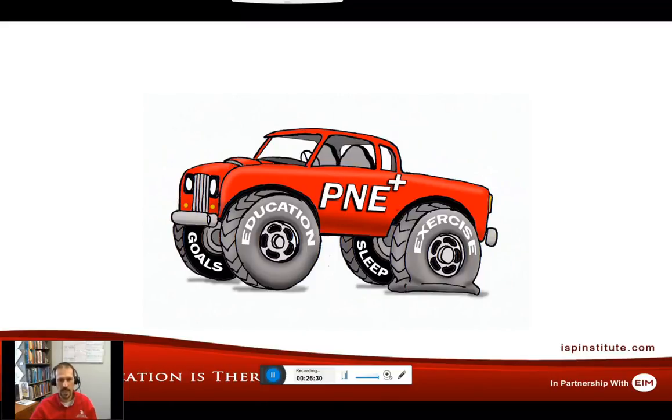So anytime we have a lack in one of the areas, it may lead to why the program isn't working. We have to get that overall person well again. So we have to get them to understand things through education. We have to have them motivated through their goals. We have to help them sleep better, exercise, move more, relax and meditate. All of those various components, we have to get all those systems working well to help that individual progress and do well. No one of them is probably going to be an individual magic bullet; it's a combination of all these multidisciplinary approaches to help the overall person become well again, what we refer to as the PNE Plus program.